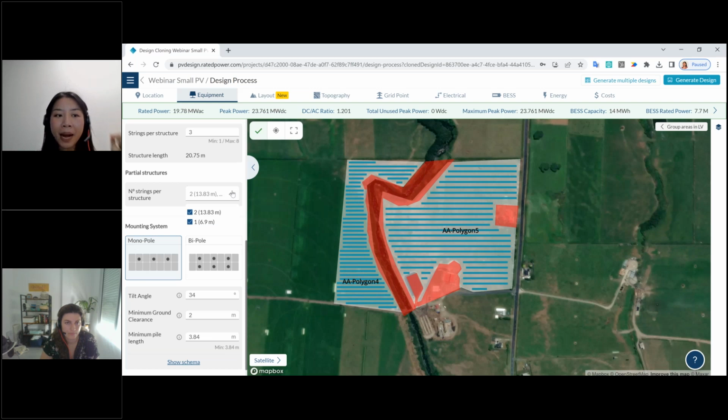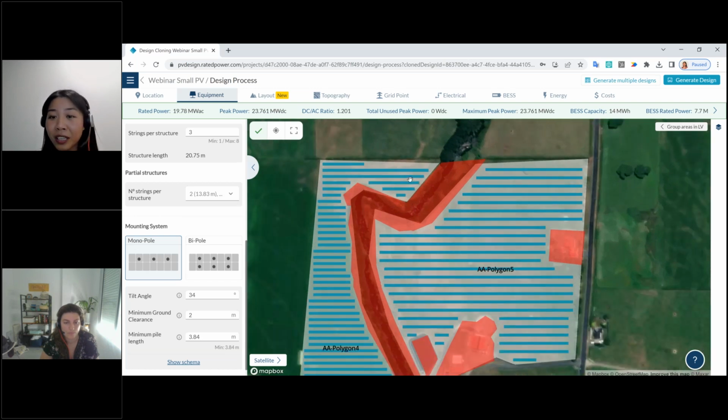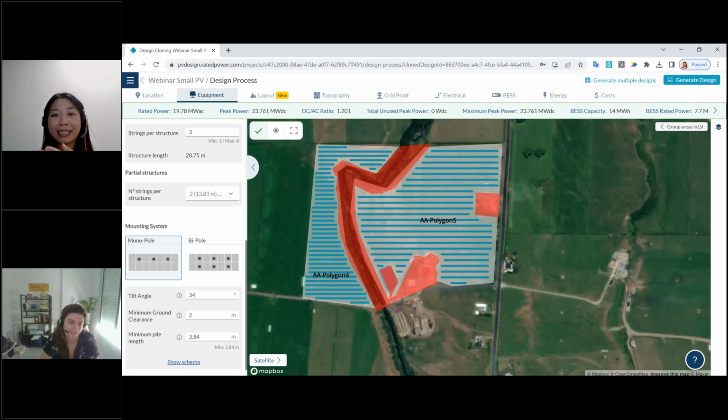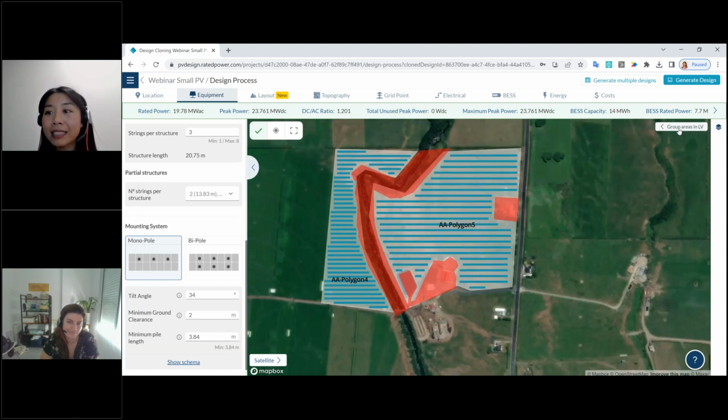Now you can combine different sizes of structure. For instance, in this case, the shortest I'm considering is around 7 meters. In this case, I can utilize the most narrow land or the corners of the blank spaces. And finally, the last one that we released about 2 months ago is grouping areas in the low voltage